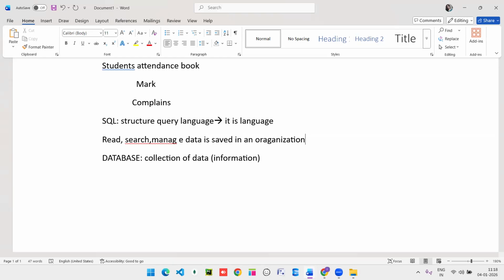Okay. So simply you can say it is not a database. It is a language used to access and work with the data stored in the database. So as a BA, we need to know about SQL, because it is very important for the business